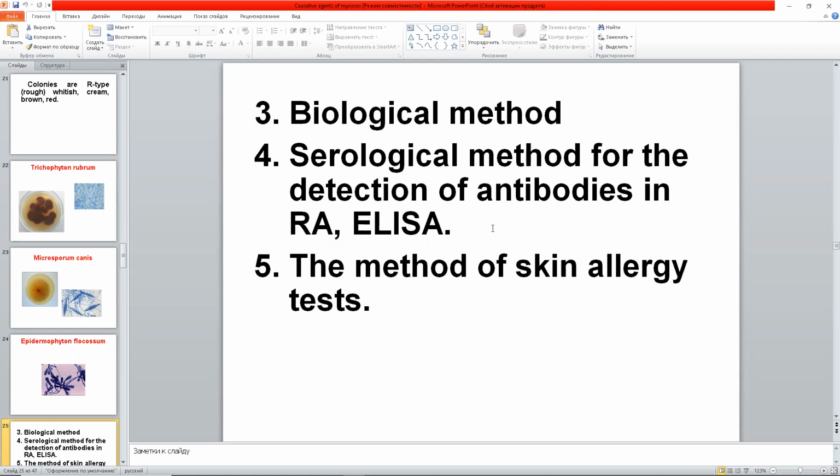And the main virulence factor of fungi, I told you they don't produce exotoxins, they have no endotoxins, but substances of fungi are recognized by the immune system like allergens, and allergic reactions are developed as usual. All microbes, some bacteria, some protozoa, but no viruses. Now we are talking about fungi. They are able to cause delayed type